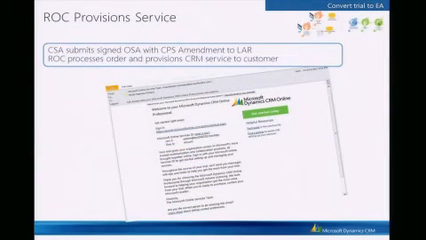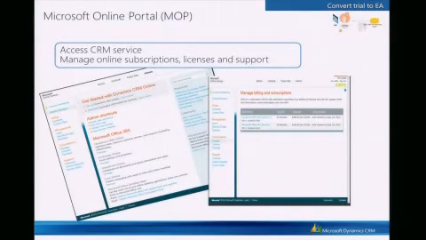As I noted, our Regional Operations Center actually ends up doing most of the work, and once they've attached the CRM subscription to the EA, they'll let your customer know. Your customer can then keep you involved in the process to make sure that you know that they've received the notification that their subscription has been activated. The customer will then go to their online portal, and they can actually see that their billing and subscription offering has been activated, the number of licenses that they're using,